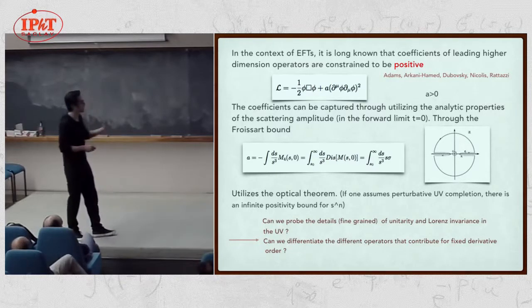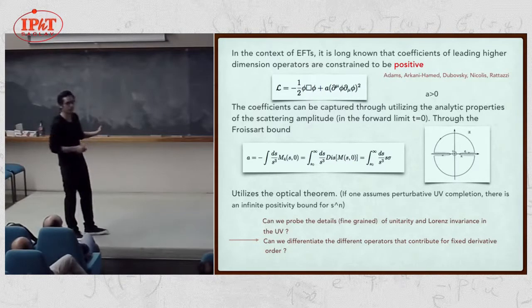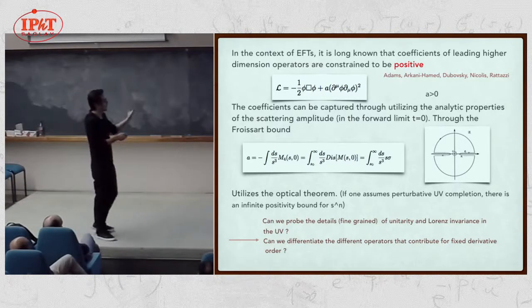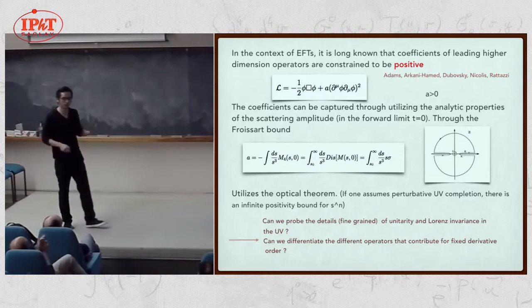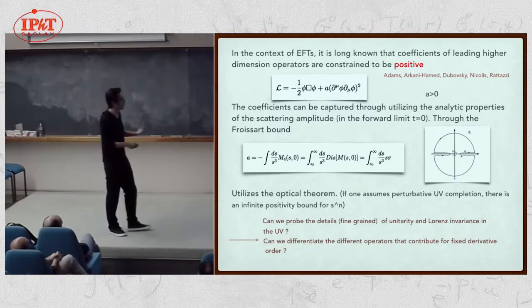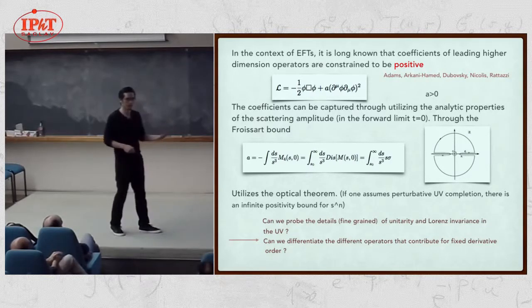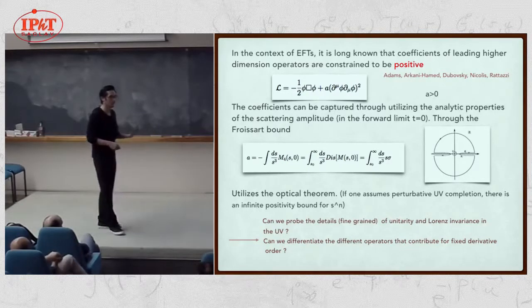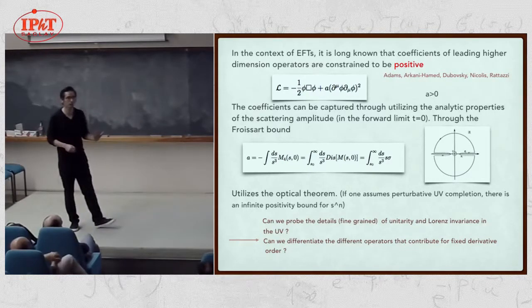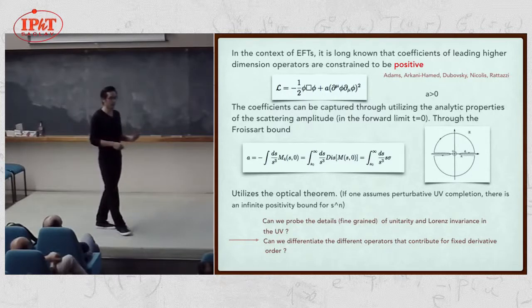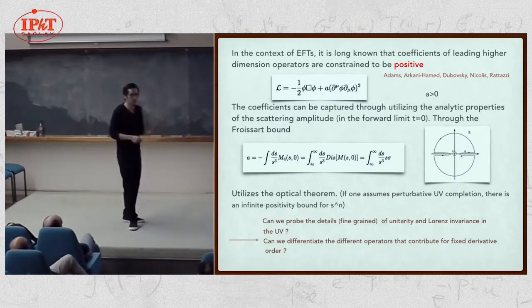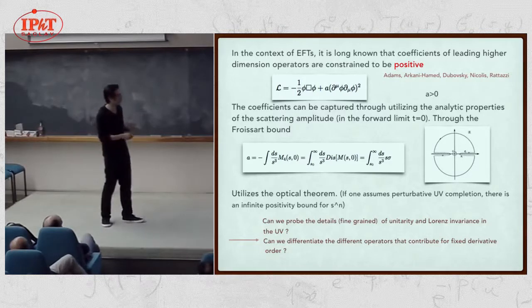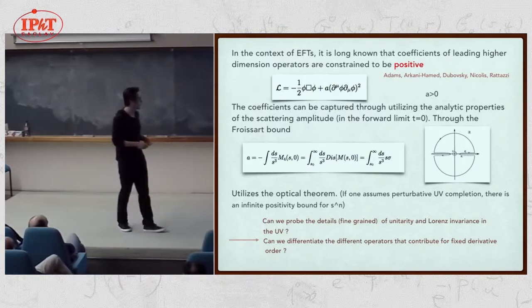So what I mean is that in some sense, this is really a coarse-grained constraint, because all you're using is just the optical theory. You're using that this is just given by the cross-section. But you also know much more, because the optical theory tells you that there's an expansion in terms of the partial wave expansion. The partial wave expansion is expanding this thing on a particular set of basis of functions. So is there any way in which this basis of functions, this information, is actually appearing in your IR